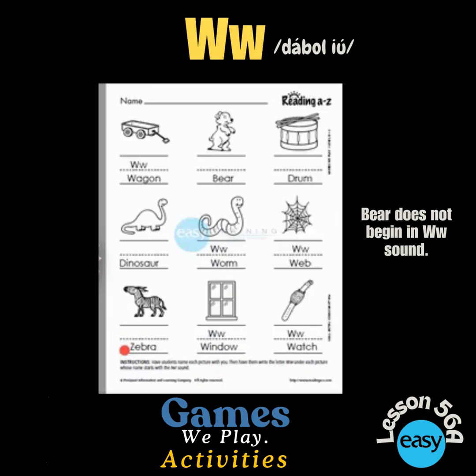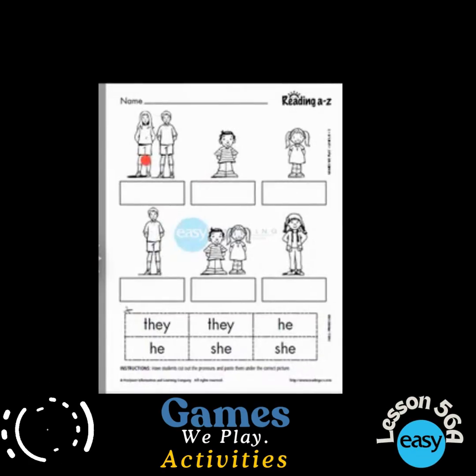Is that okay? Now let's turn to the next activity. This is activity 3. You can see 6 words. They,